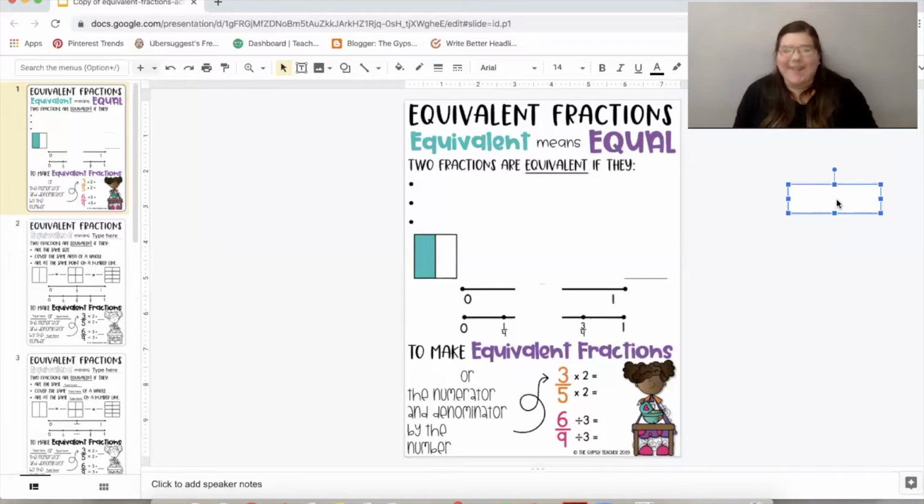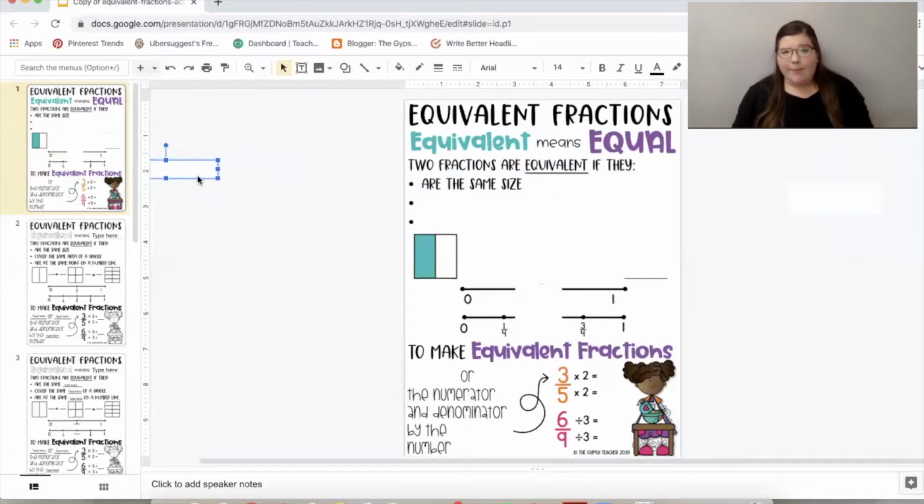Okay? Okay. So what does equivalent mean? Let's say it again. Equivalent means equal. Very good. We're making an equal sign. Okay, so how do I know if two fractions are equivalent? So we have three different ways we can tell that two fractions are equivalent. Okay, so the first way is,